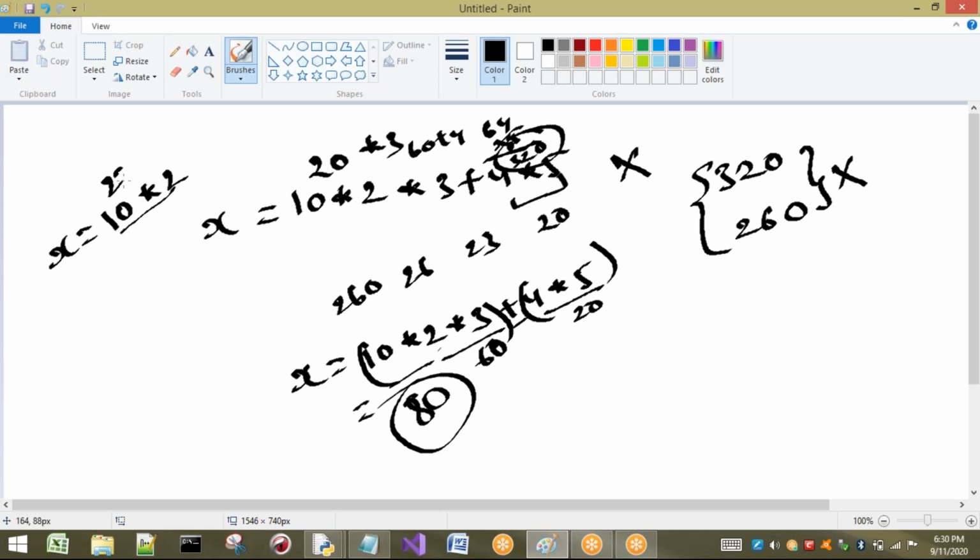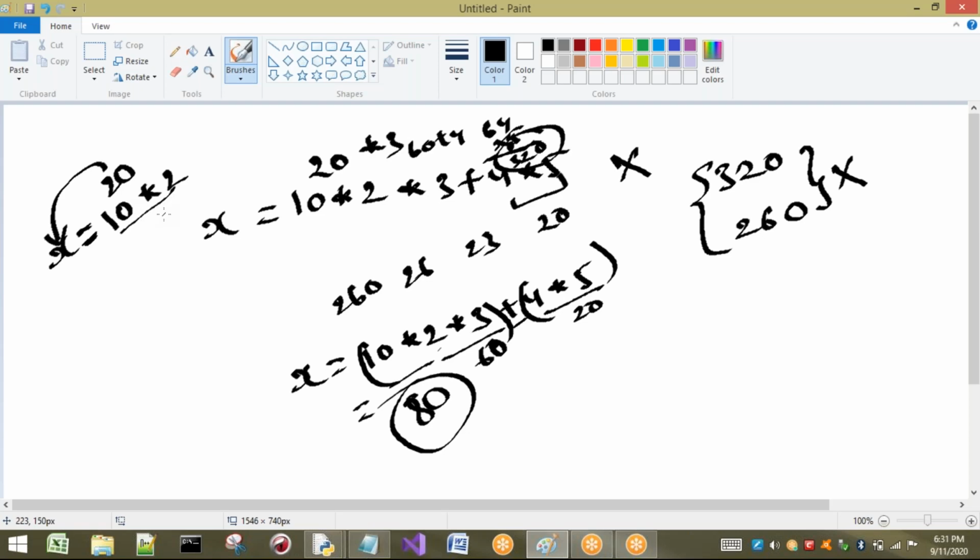What is the answer here? 20 we are going to have. This is what? The equal symbol, the assignment operator. So how is the assignment operator going to have associativity from right to left? See, that means the right value will be stored in the left. That means from the right side the value will be assigned to x. Okay, this is the way associativity plays a major role in our operators.